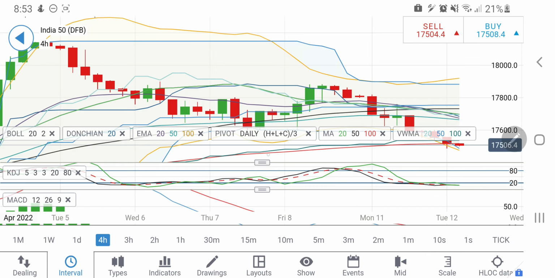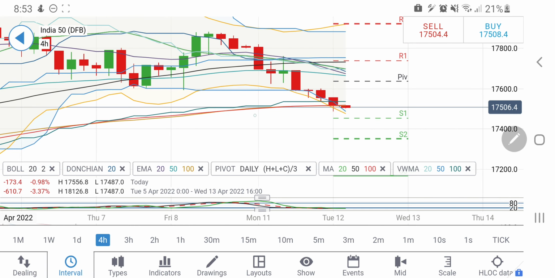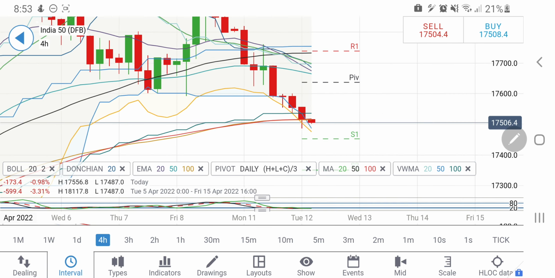So coming back to the 4-hour charts, now look at the 4-hour charts. On the 4-hour charts, it is trading in this channel, and 17,450 appears to be a good support. At the same time, look at this 17,500 20 levels, the 100 period moving average giving it a resistance. Only long entry, as I said, is recommended above 17600. Only if it breaks 17600 I will recommend you to go long, and also only breaking 17450 I will recommend you to go short. Below that we may see a sharper drop.